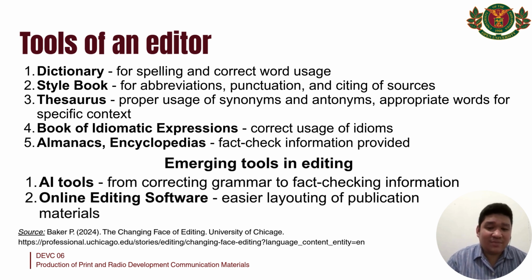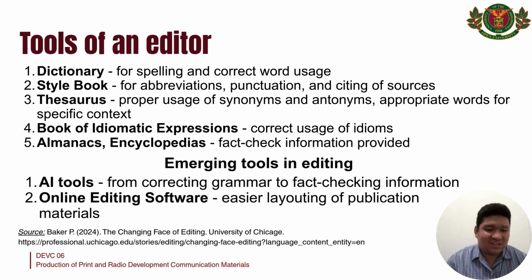And number five, almanacs and encyclopedias for fact checking information provided. Now, in this day and age, we are also looking at emerging tools in editing. There are also AI tools for correcting grammar and fact checking information, and also some online editing software for easier